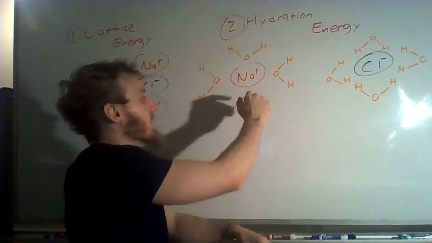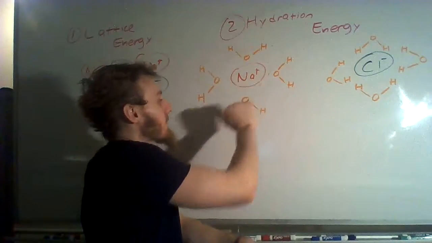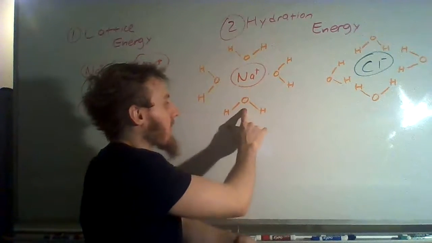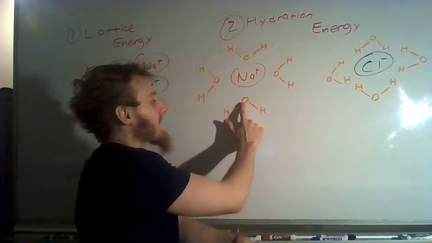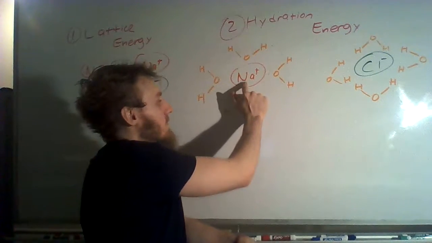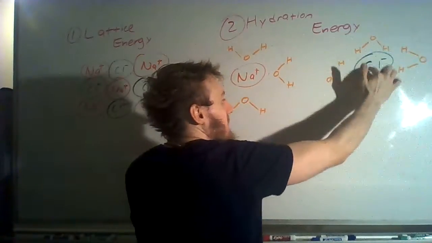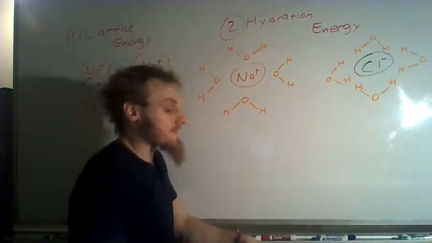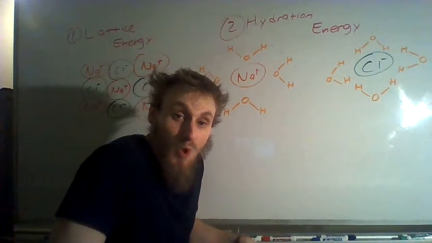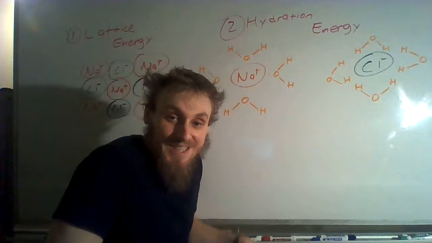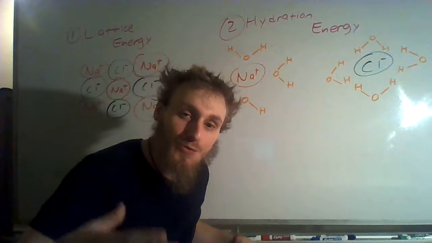Notice that in this picture, we have our sodium ion in the middle, and we have these waters surrounding this sodium ion. Now notice that in all of these water molecules, whichever one you look at doesn't matter, the oxygens are pointing towards the sodium, right? But over here, the hydrogens point towards the chloride. And that's basically going to be the basis of hydration and why hydration occurs. This probably doesn't make much sense right now, but in order to make sense of it, why don't we consider really quickly,